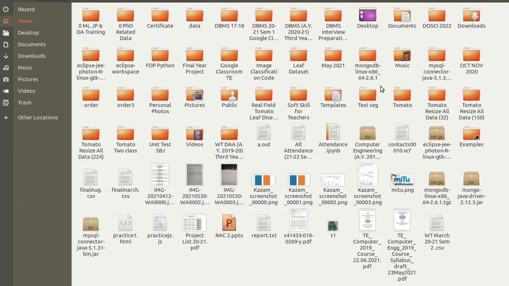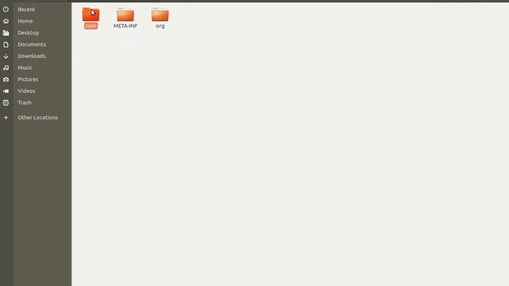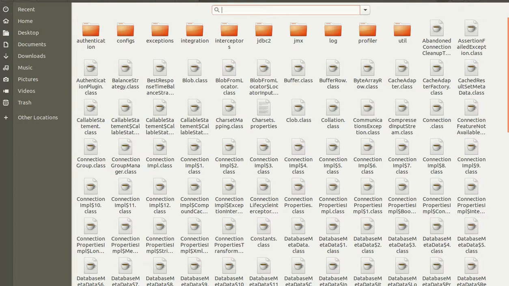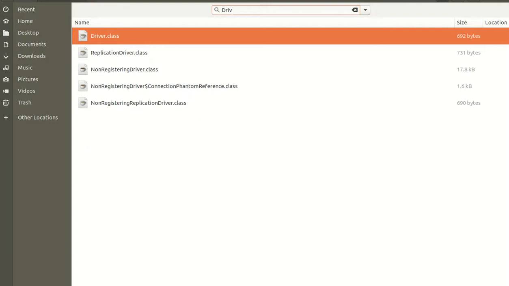Okay, here I have extracted it. In the com folder we have mysql. In the mysql folder we have jdbc, and in the jdbc path we will have this driver class. Okay, this is the driver class. Understood? So this is the driver class that we will require for the connectivity purpose.